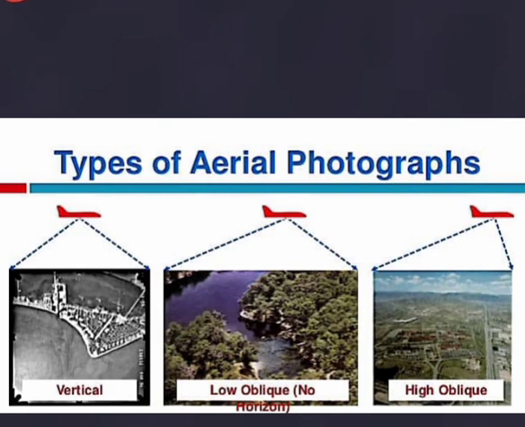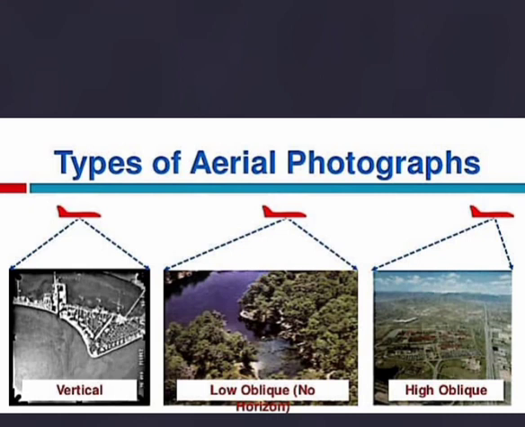Now we are going to see the types of aerial photographs. Now, please understand this thing. Types of photogrammetry are totally different, and types of aerial photographs are totally different. Previously what we have seen is the type of photogrammetry, that is aerial, terrestrial and close range, CRP. Those are the types of photogrammetry. Now here what we are seeing is types of aerial photographs.